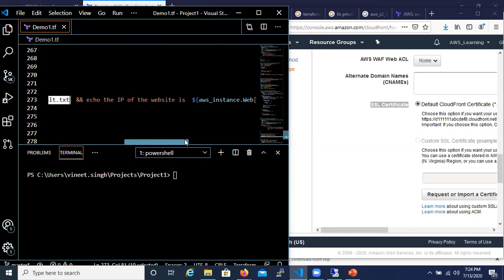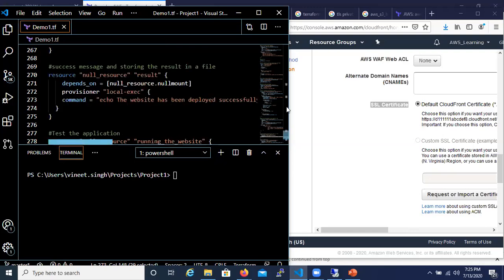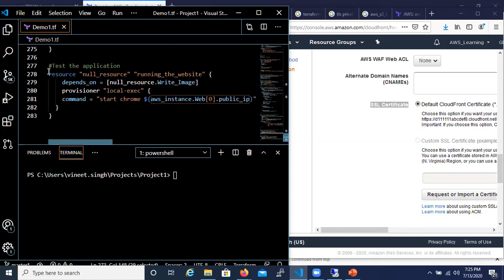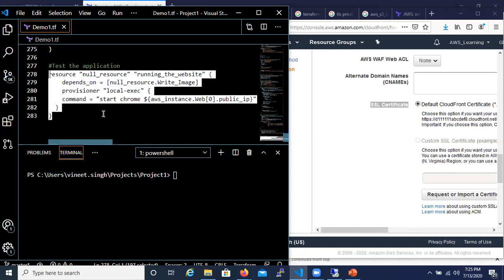So in order to read the IP address of my website, this is the code or the way in which I can read the IP address. So aws_instance.web, and 0 is for the first instance, and .public_ip. And after this, finally, as my last part, I want to automatically let Terraform execute and open up a browser and try to access that URL.